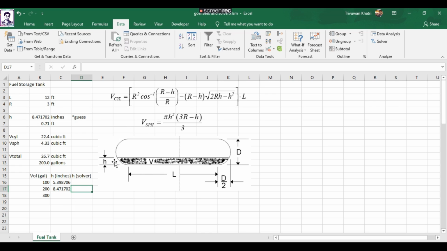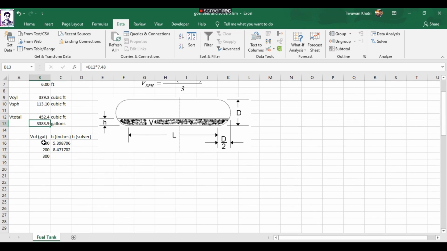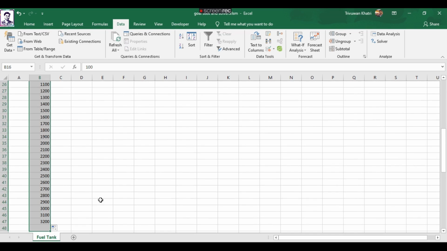Suppose I want to know the total volume of the liquid here, then I can calculate it by, let's say if the radius comes out to be 3 feet, then the total height will be 6 feet. I press here 6 and it tabulates me the value of total capacity of tank as around 3,300 gallons. That means with the increment of 100, I have to drag it down to the 40th cell